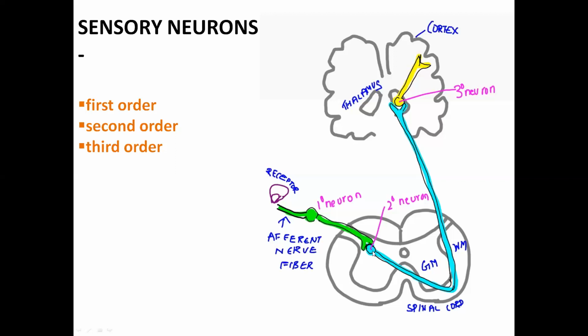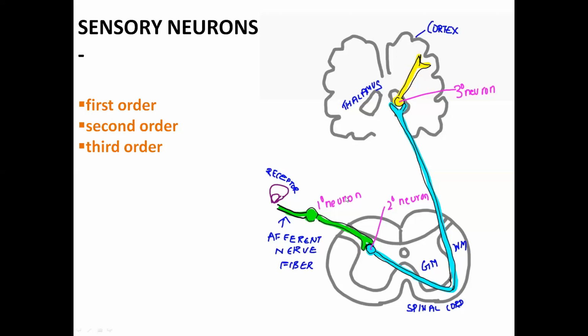The axons of these sensory neurons in the posterior gray horn cross to the opposite side. They ascend up in the white matter of the spinal cord. They go up via the brainstem, and finally they reach the thalamus, where they synapse with the sensory neurons there. The thalamus is considered to be the final relay station for all your sensory tracts. Now, the axons from the sensory neurons in the thalamus project to the sensory cortex.